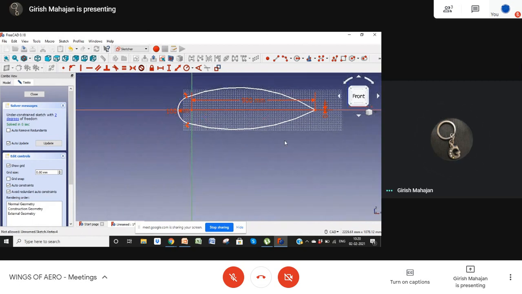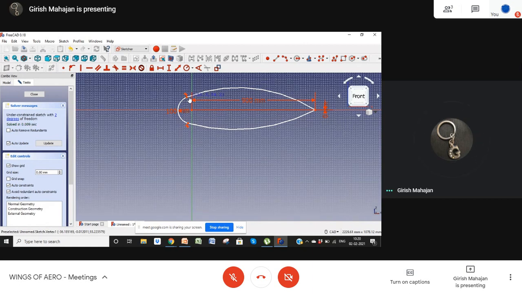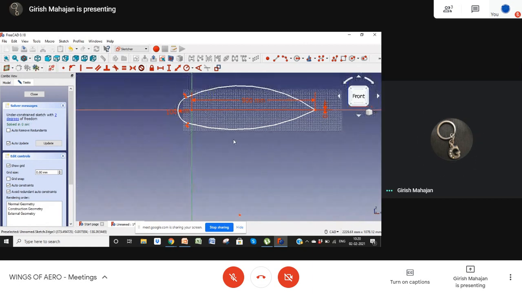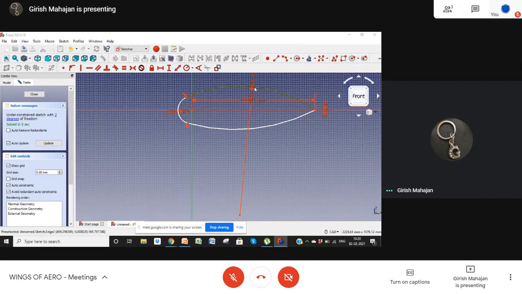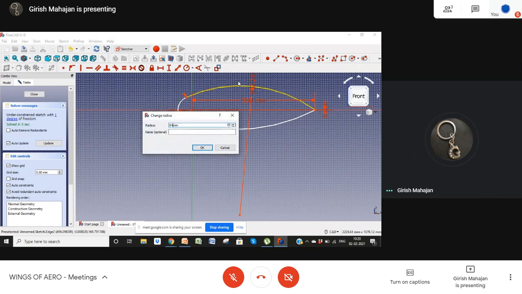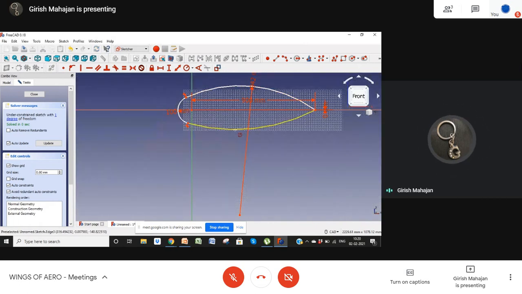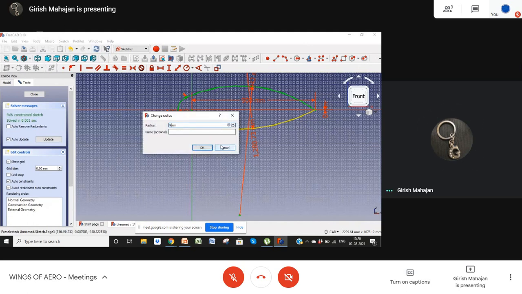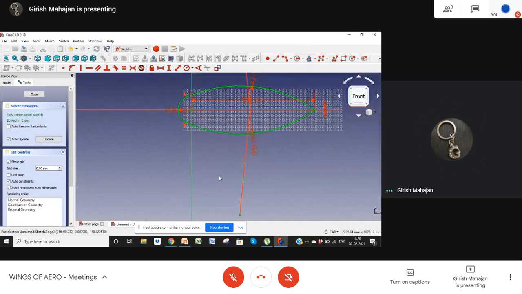This kind of shape is called a symmetrical airfoil shape. Okay, now it is free to move, but I want it to not move, so I can give a radius to this, not changing the radius, as it is. Now it's green and it's a symmetric airfoil. For a 3D view,